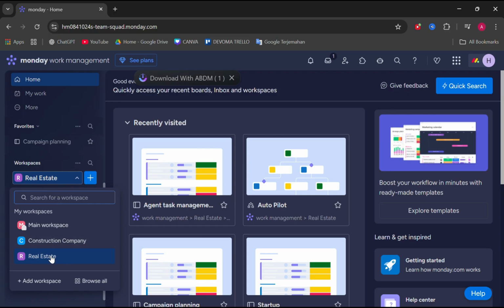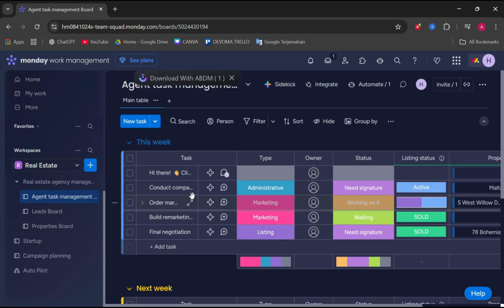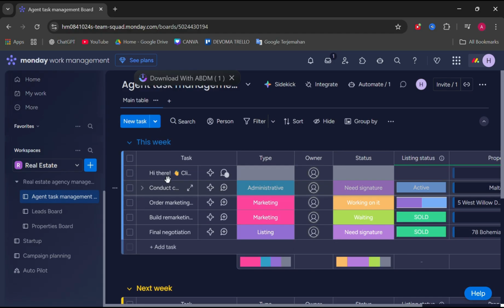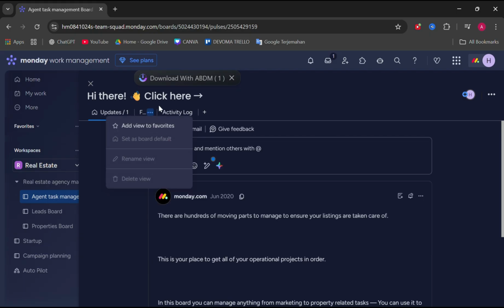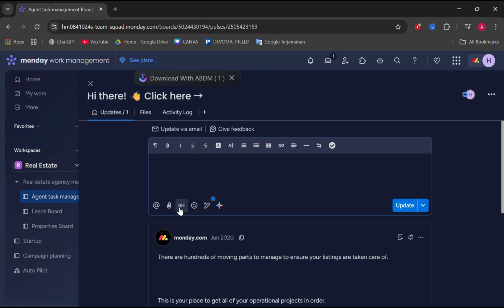Let's say I want to choose the real estate workspace here, and I'm going to choose this board, agent task management. This is my board. And as you can see on the subitems, let's say I want to add the files here. I can just click it, and there are two options. You can upload the files from the files tab here. Or you can choose this one and go to the add file